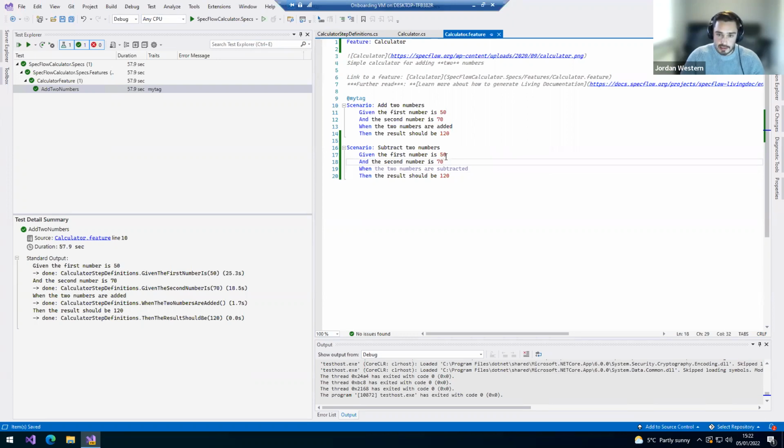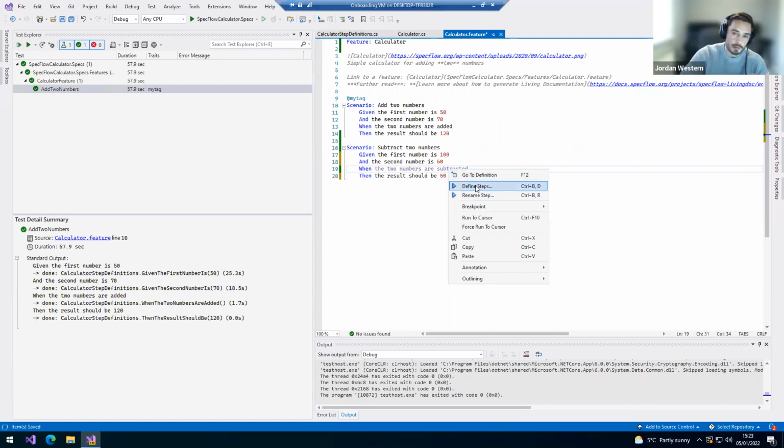So let's change these numbers a bit. We'll say the second number is 50. So we expect it to be 50, of course. And as I mentioned before, anything that's not implemented will show as purple. So you can either right click and go to the definition, or the shortcut is F12, or you can actually